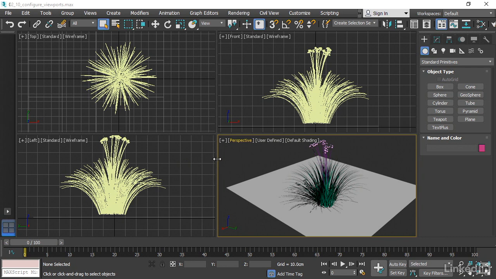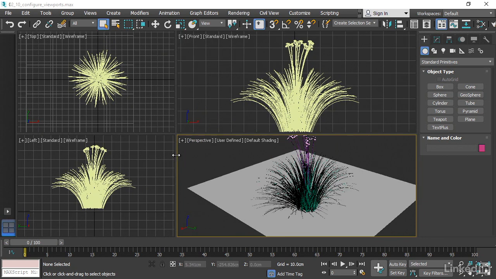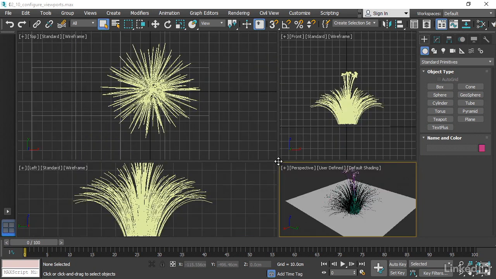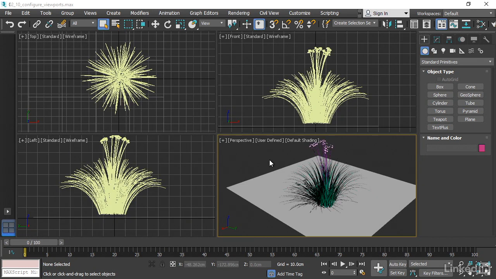If you hover your mouse over one of the borders between viewports, you'll see an arrow, and you can click and drag and resize the viewports any way you need to. If you click in the center, you can also resize. Right-click in the center and choose Reset Layout, and it'll be restored back to all the viewports being the same